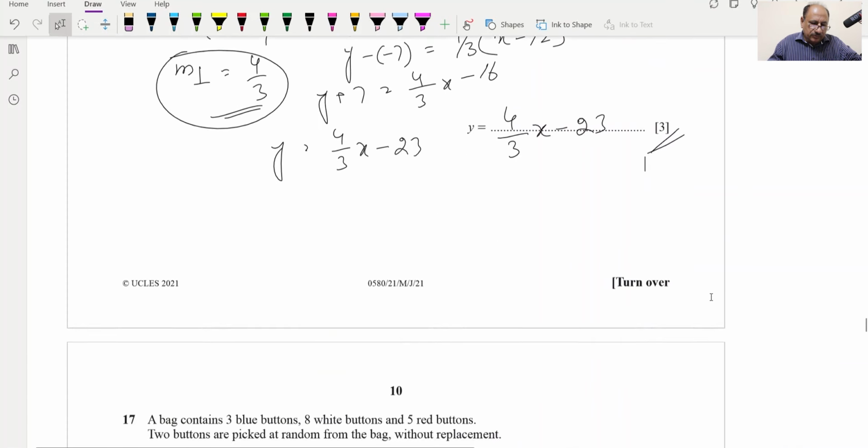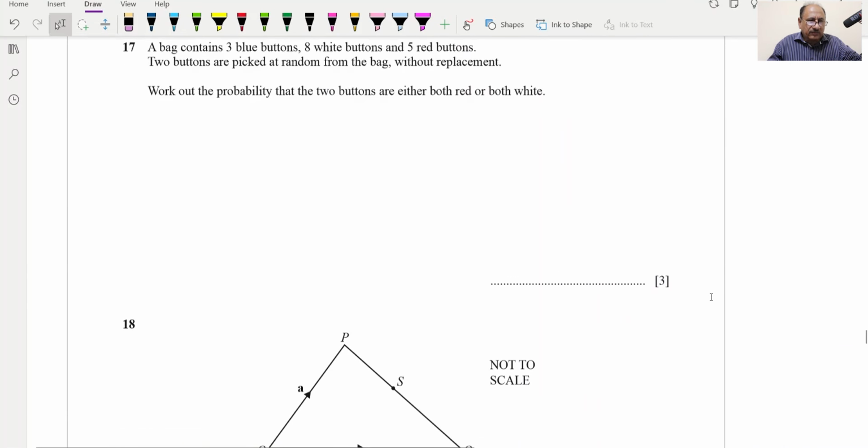3 marks part which we have done. Now question number 17. Question number 17 is a probability question. A bag contains 3 blue, 8 white and 5 red buttons. So 2 buttons are picked at random from the bag without replacement, and work out the probability that the 2 buttons are either both red